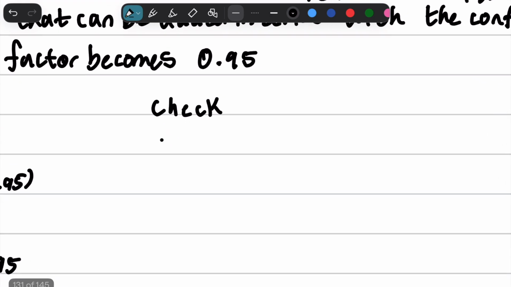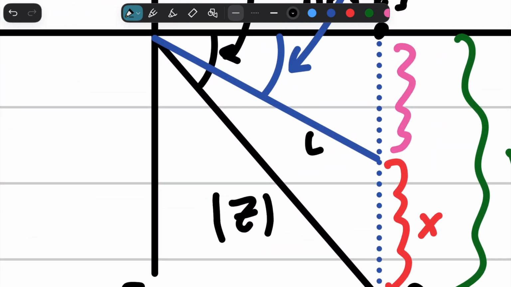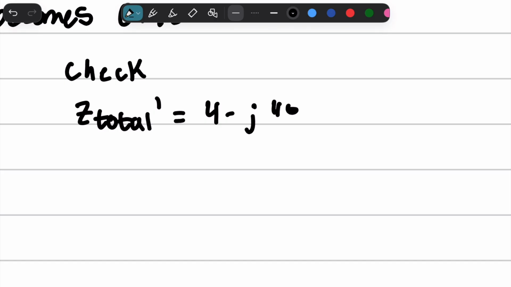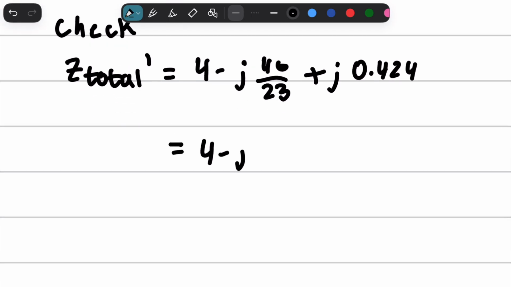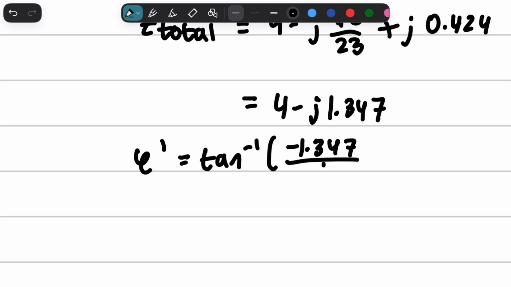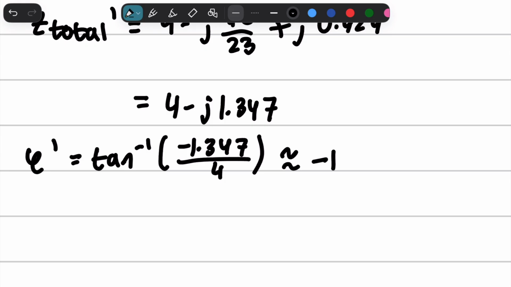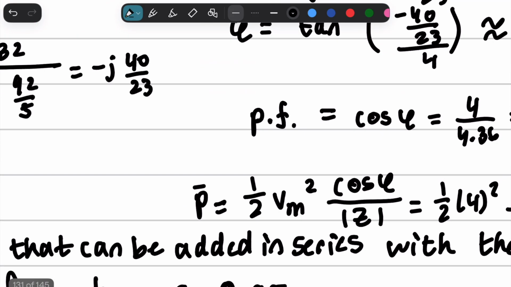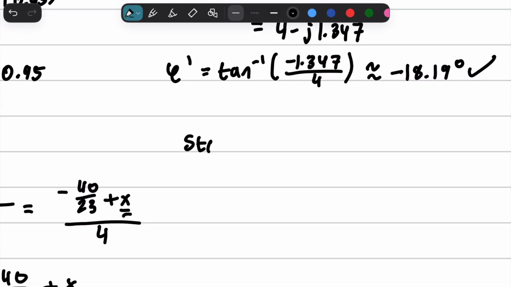And how we're going to check it is that we're going to say that Z total prime is going to equal 4 minus j 40 over 23 plus that portion we're going to take out, right? And we're going to see that it simplifies down to 4 minus j 1.347. And the idea here is that this complex number is actually going to get us the correct relationship that we're looking for by using tangent. And so we're going to see that it is negative 18.19 degrees, okay? And so that's how you know that this portion right here is correct, and that's how much we want to get rid of. And finally, we're going to move on to step 5,